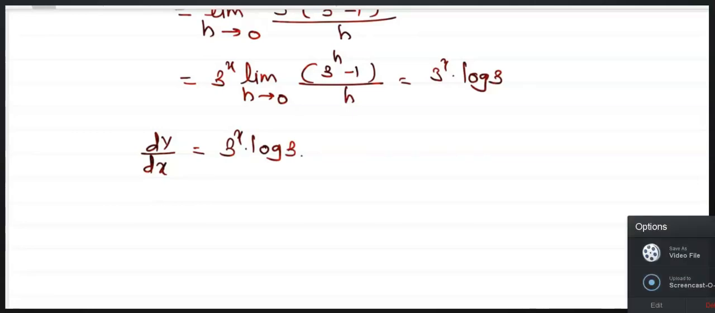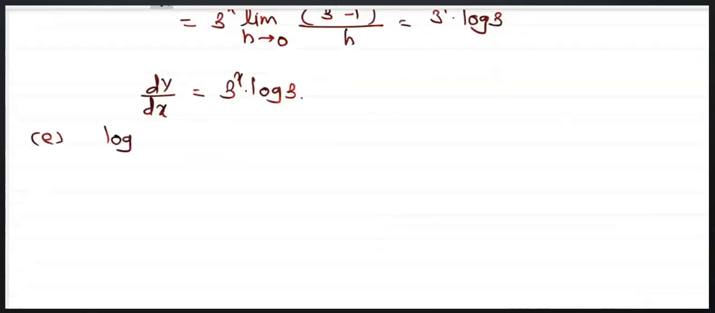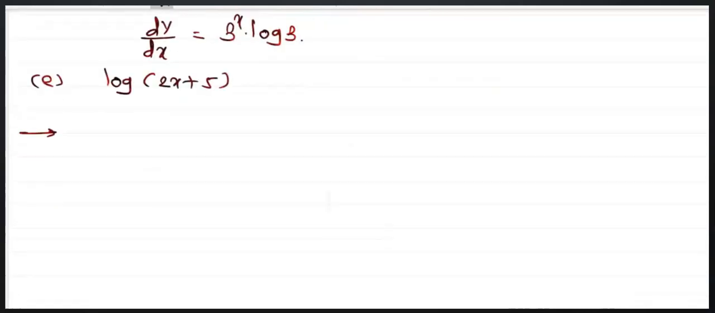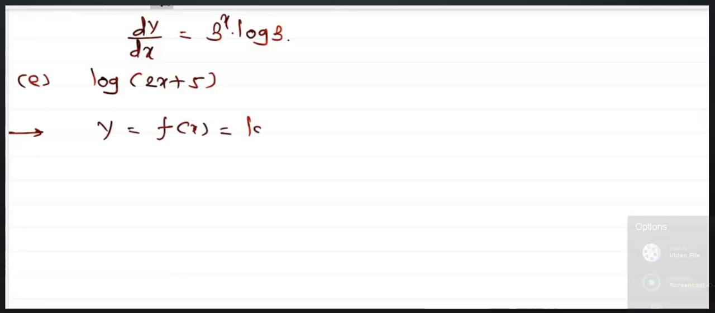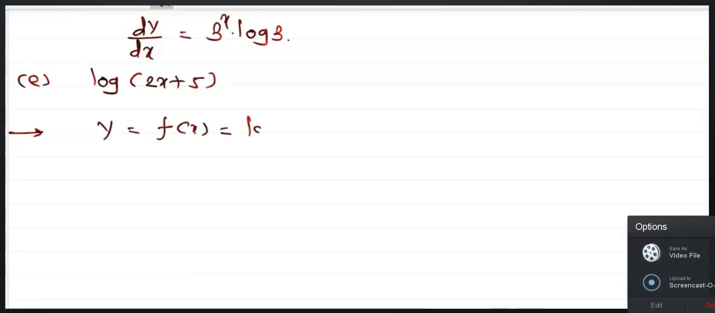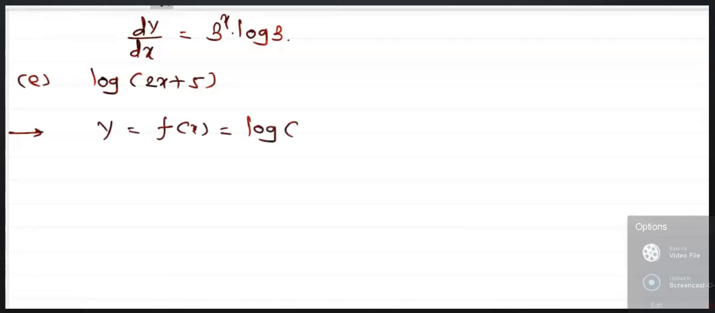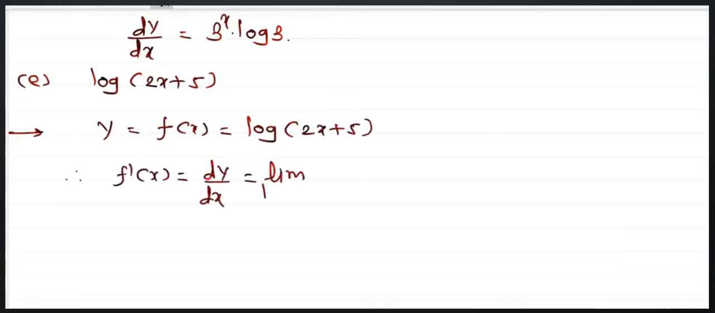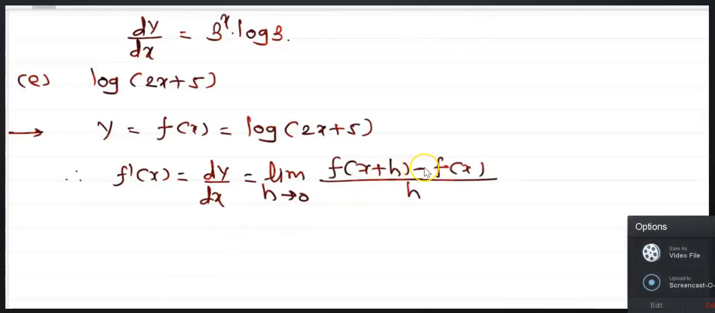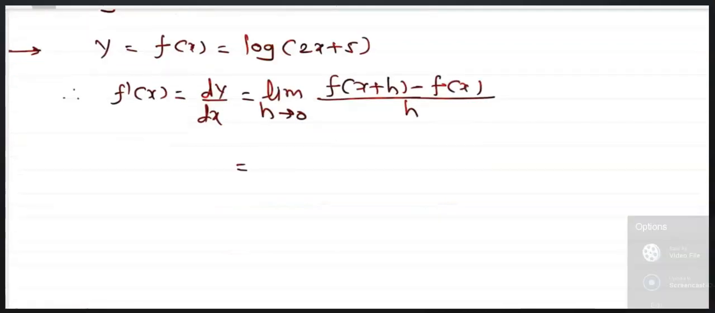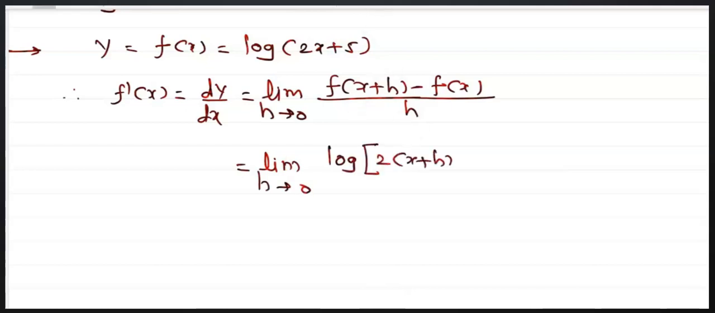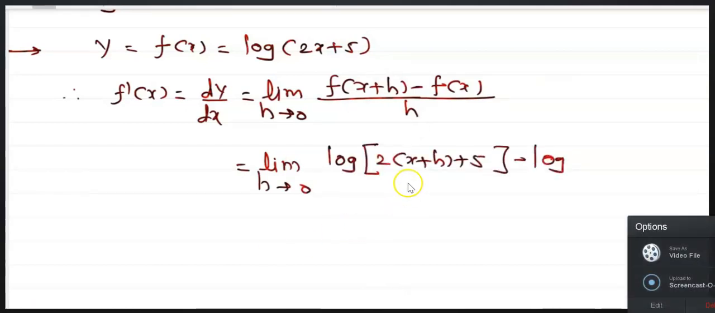Log of 2x plus 5. y is equal to f of x is equal to log of 2x plus 5. Therefore, f dash of x is equal to dy by dx is equal to limit h tends to 0, f of x plus h minus f of x upon h. And that's why we'll substitute the values. Limit h tends to 0, log of 2 in bracket x plus h plus 5 minus log of 2x plus 5